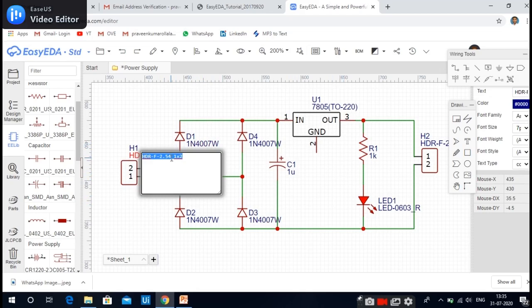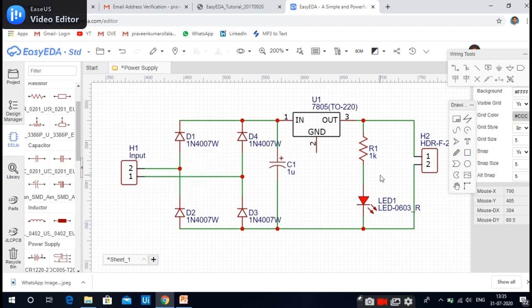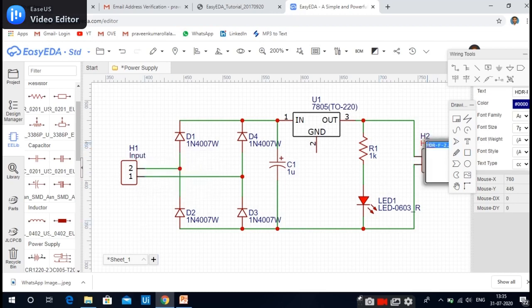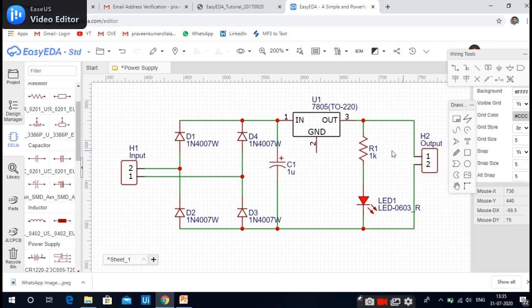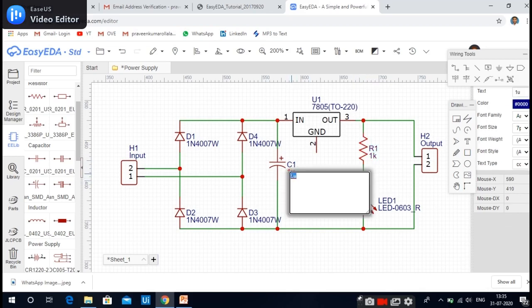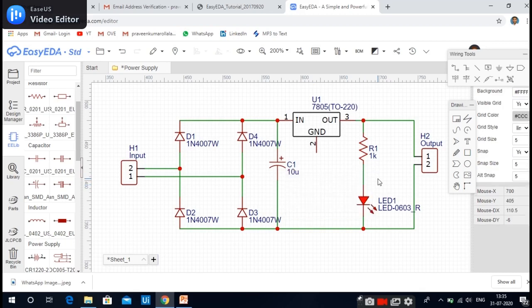This is a 2-pin terminal, right? So you can write this name as input, and you can give this one as output. Okay, and you can change the values also. Suppose here we have taken a 1 microfarad capacitor, so if you want to take 10 microfarad, you can enter 10U.